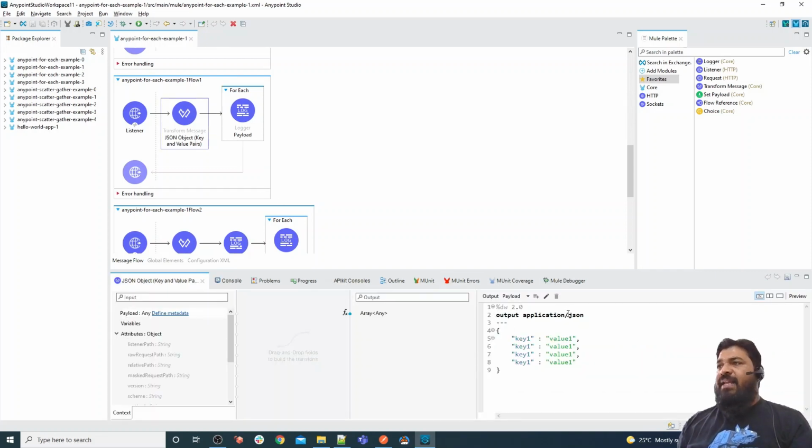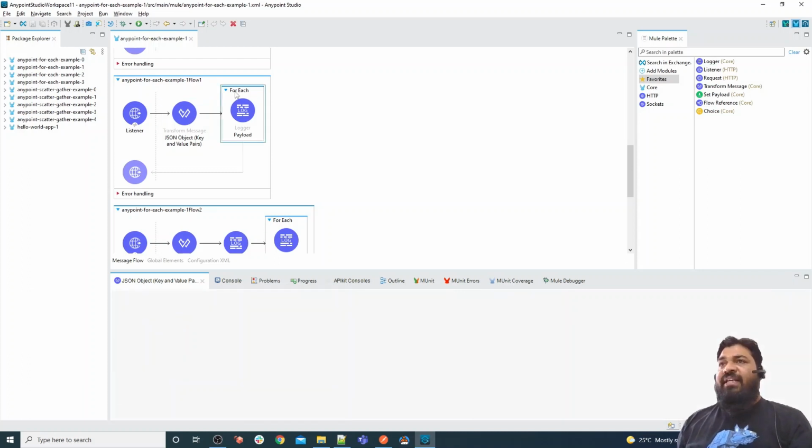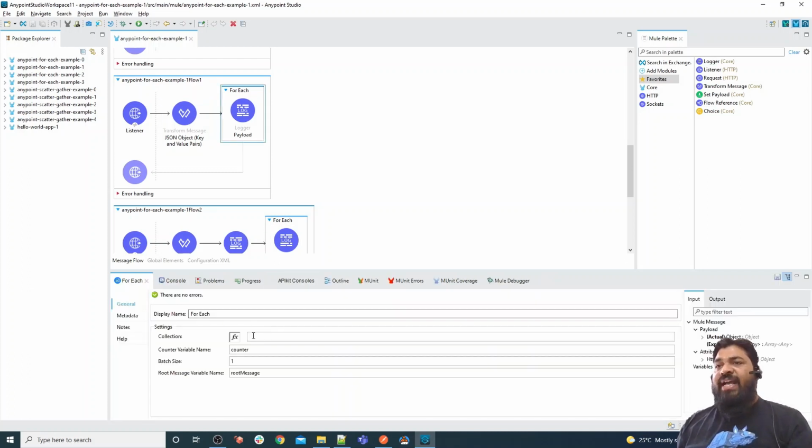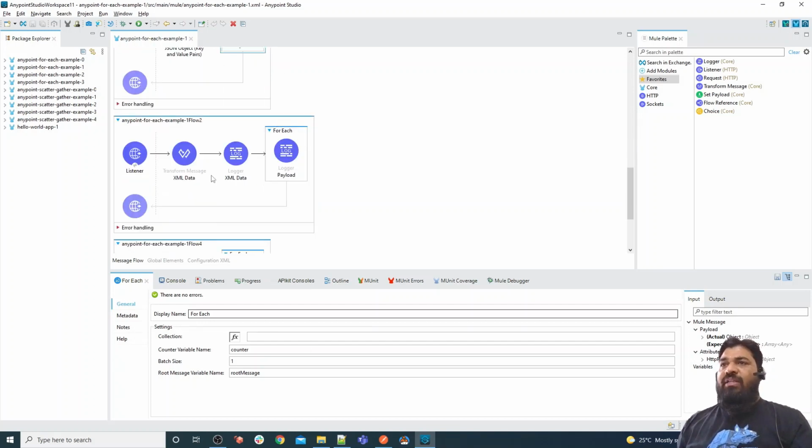Same example as JSON. Previously it was Java, a key value pair map, but here we are using the MIME type application JSON. So it's again a key value pair, but in JSON it is called an object. In case of JSON, we don't need to use anything special to convert to an object. Let me hit this example.